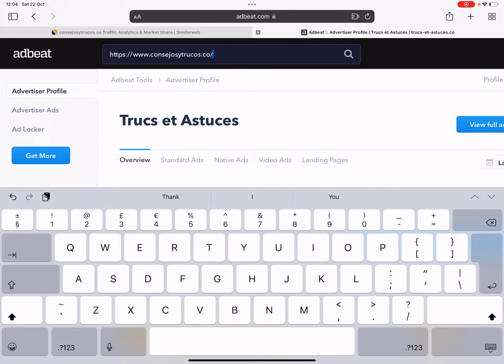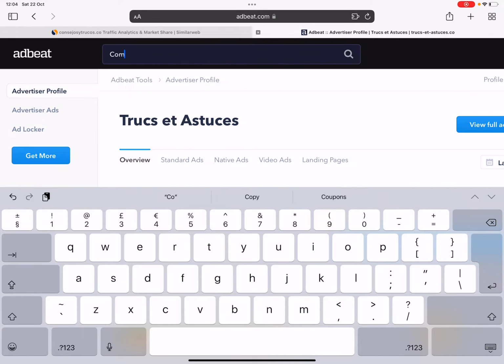Sometimes it's there, sometimes it's not. It depends. Sometimes this tool shows them, sometimes it doesn't.